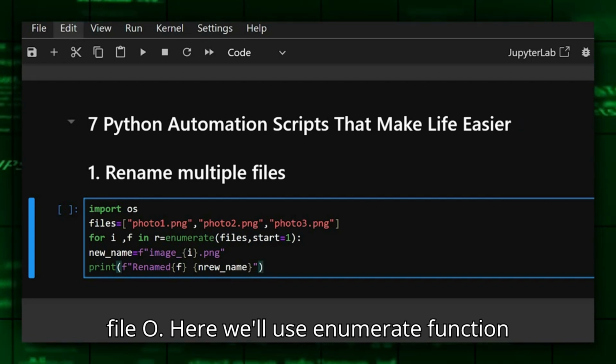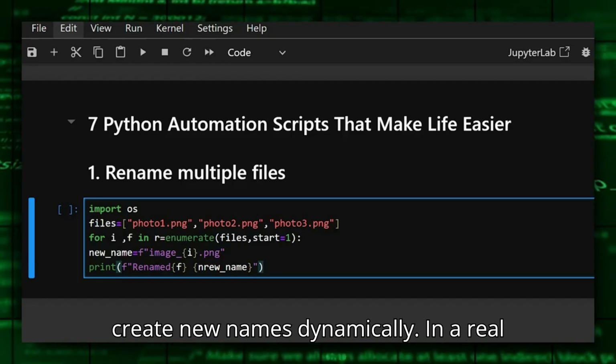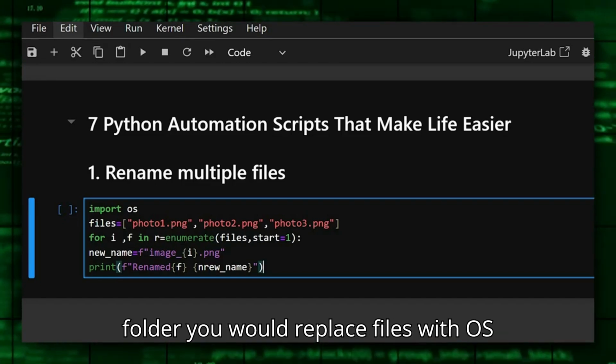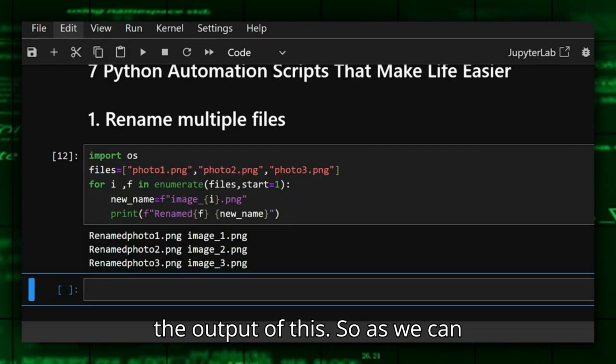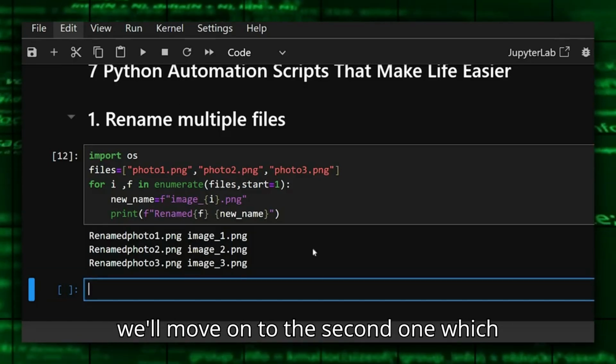Here we'll use the enumerate function, which gives a counter starting at 1. We create new names dynamically. In a real folder, you would replace files with os.listdir(folder). So now we'll see the output of this. As we can see, our images are renamed, and now we'll move on to the second one, which is